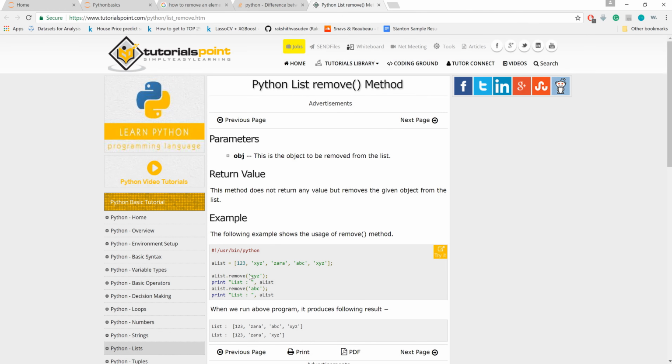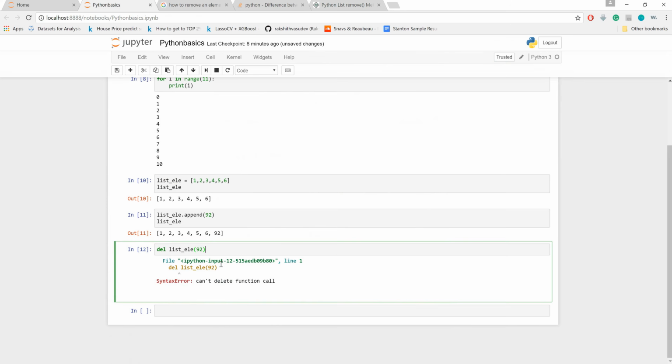So you should say list name dot remove and then specify the argument. Okay, so I'm sorry about that. It's been a long time since I used this del. Anyway, I got confused. Okay, so let me get rid of del here, and then if I say dot remove and then specify the element to be removed,